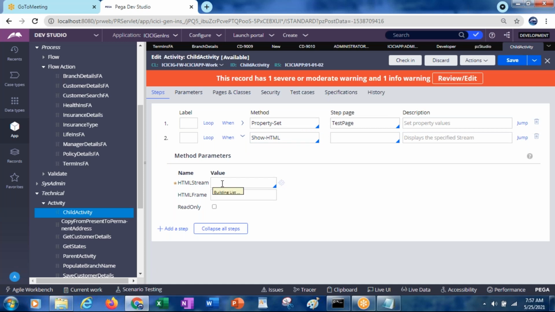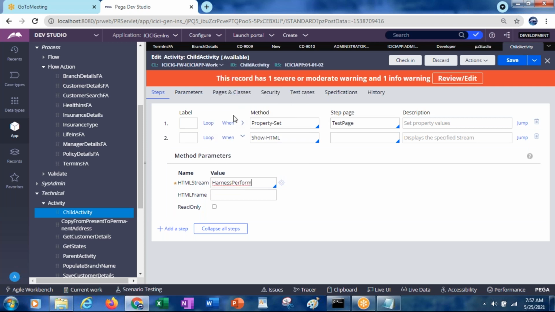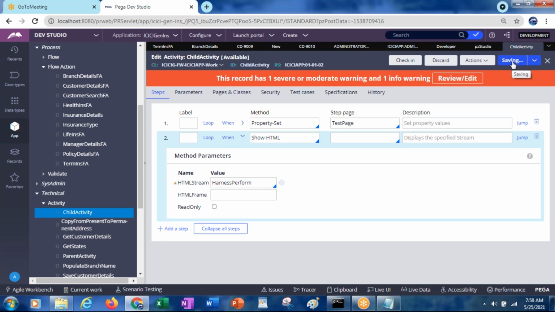So what is that HTML string? It is the harness which you have created. Harness perform, harness review, like this. If you select this, then when you run it, automatically the harness will be displayed. So this harness can be referred either from the access group, or from the activity also.